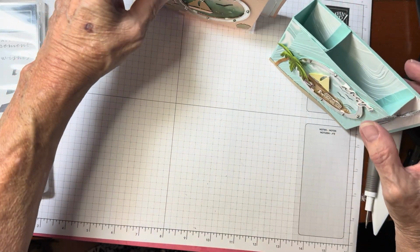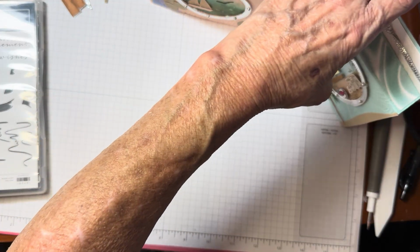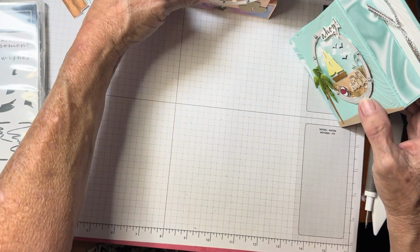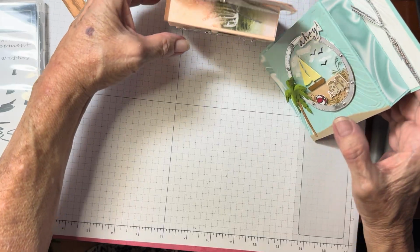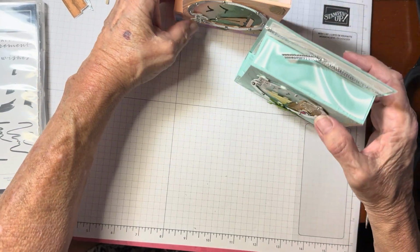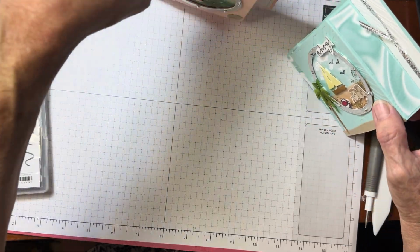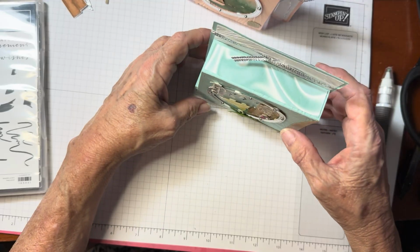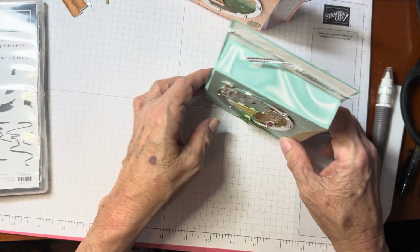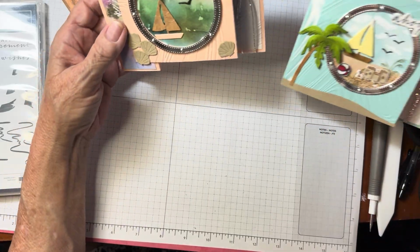They just stand up so nice, and you can make them this way. Well, that one's not going to stand. Yeah, it does. This one stood. This one's not wanting to stand. But I have seen people make them that way. I don't particularly like it that way. I like it much better this way. But it does stand there. I'm not crazy about that. I like it much better